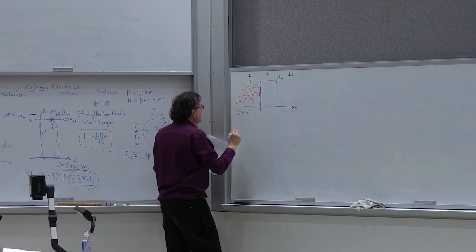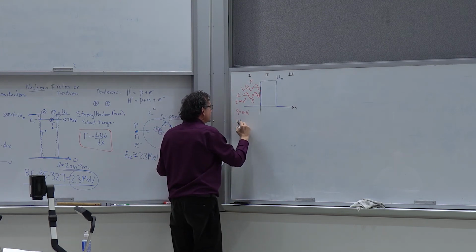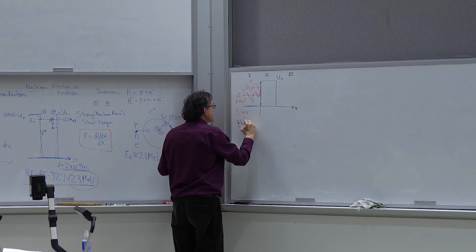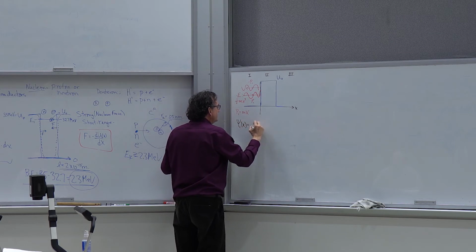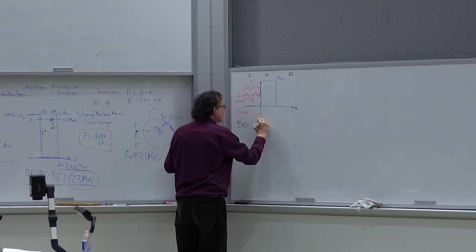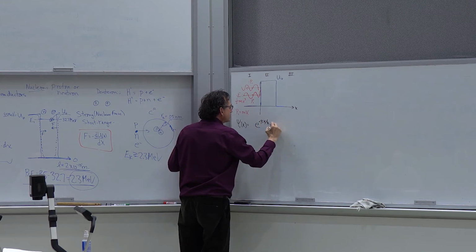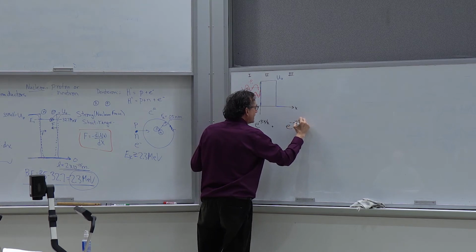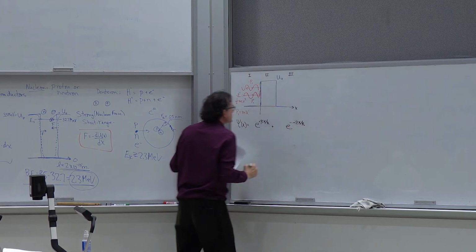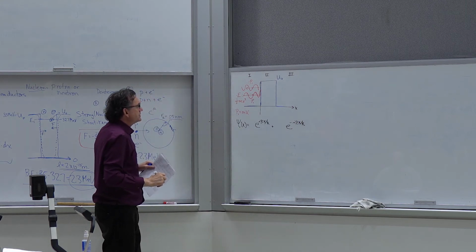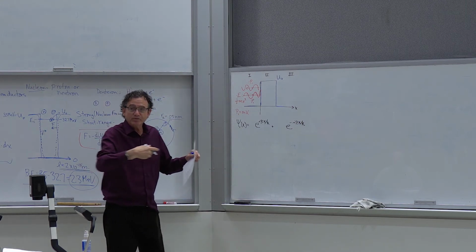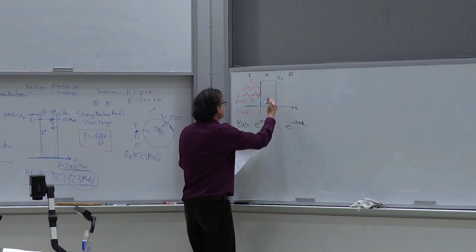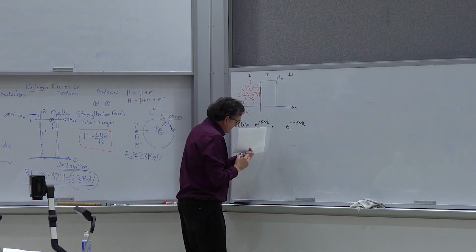Now what I'm going to do is say there's an amplitude, a wave function psi in region 1 of space, and that's given by some amplitude times e to the i p1 x over h bar, and there's a reflected wave, which is e to the minus i p1 x over h bar. Notice that I'm leaving out the time dependence because there's no time dependence. It's a steady stream of particles coming in, therefore there's a steady stream that's getting reflected,